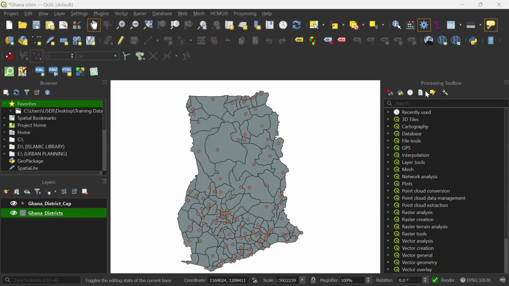So I think we should save what we have now. So that means that we have added the Ghana district, right? We have also added the Ghana district capitals. Have you all saved? Yes. Let's save in order not to lose what we have now. So now we have almost just like 2 minutes or so for the meeting to end. So let's try and save. I think we'll have to stop here, and tomorrow